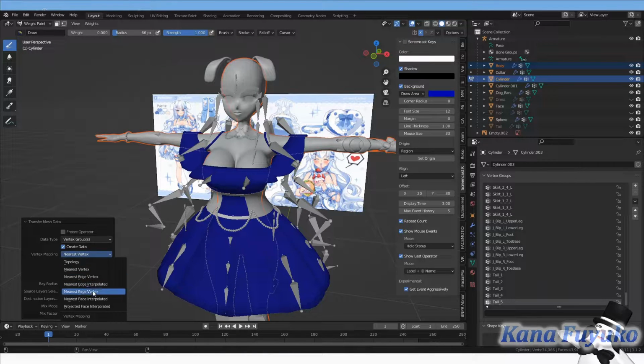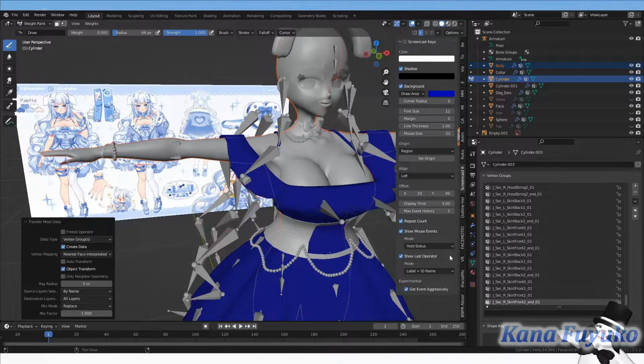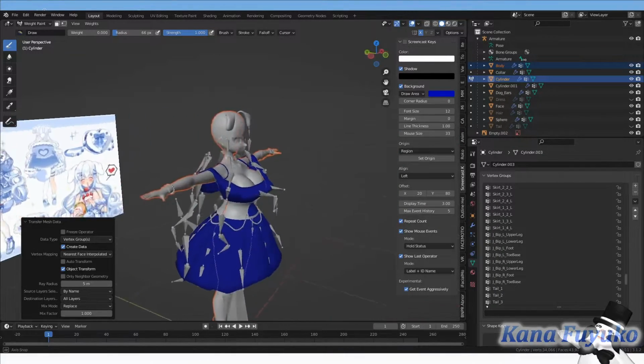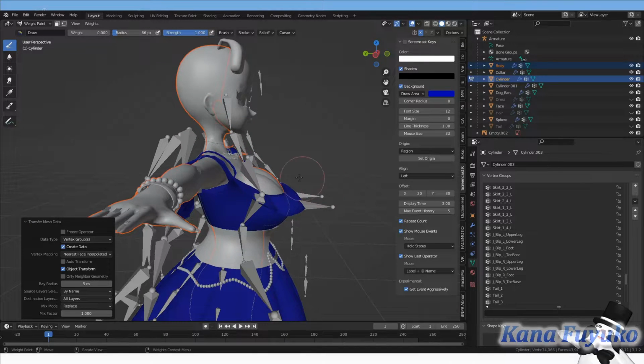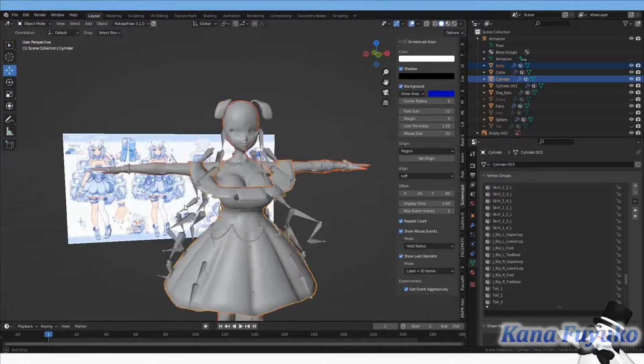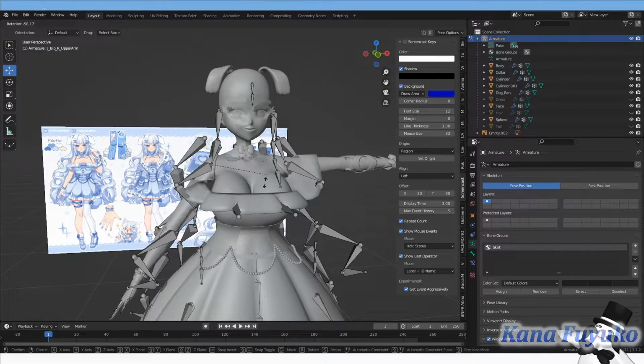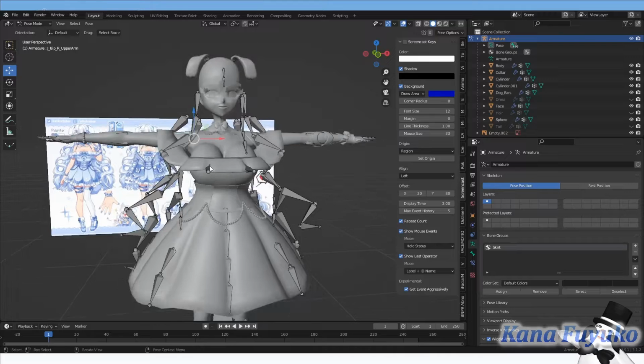Basically, the settings he has are that vertex mapping will be at nearest face interpolated, the ray radius would be at 5 meters, I believe, and the source layers will be by name. That way it will read the actual vertex groups of the armature and be able to transfer the vertex group information from the body to the dress. Once we have that, do a test on your model to make sure that the dress follows, and it should do basically that.